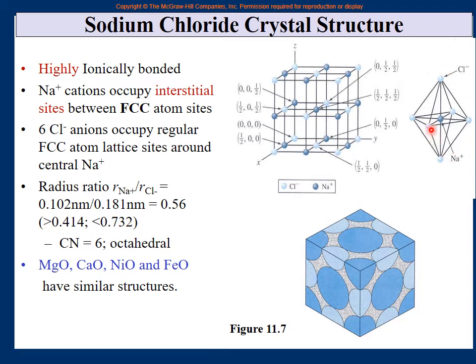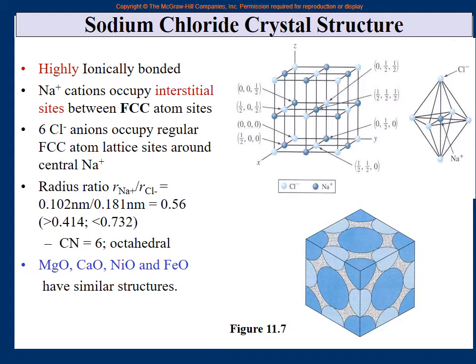If you see 1, 2, 3, 4, they are joined. Then the other one is here, the other one is here, and the center there is one here. And all of them are touching each other. So if you see, this dark one is touched by these 4 and these 2, 6. So the coordination number is 6, right? So the sodium chloride crystal structure of this particular ceramic is this type of structure, which is basically FCC,